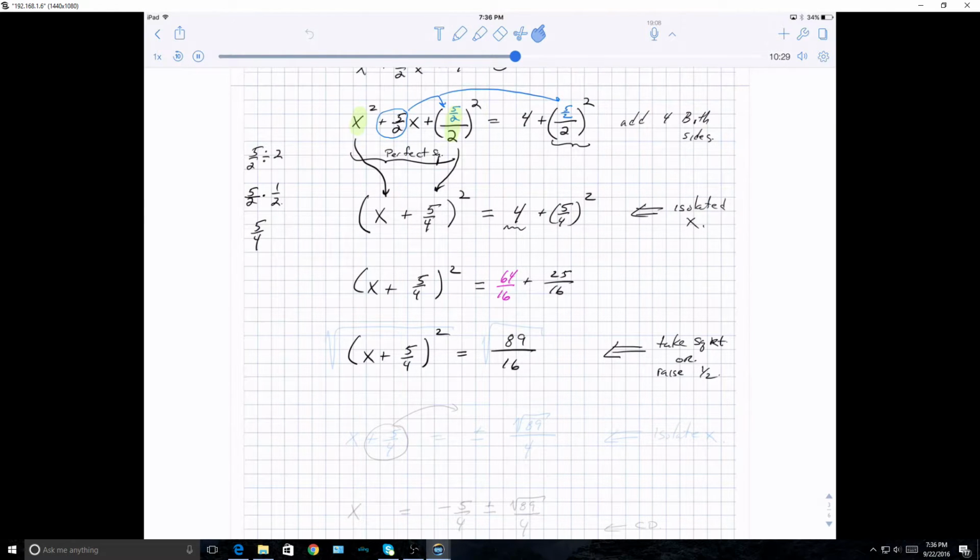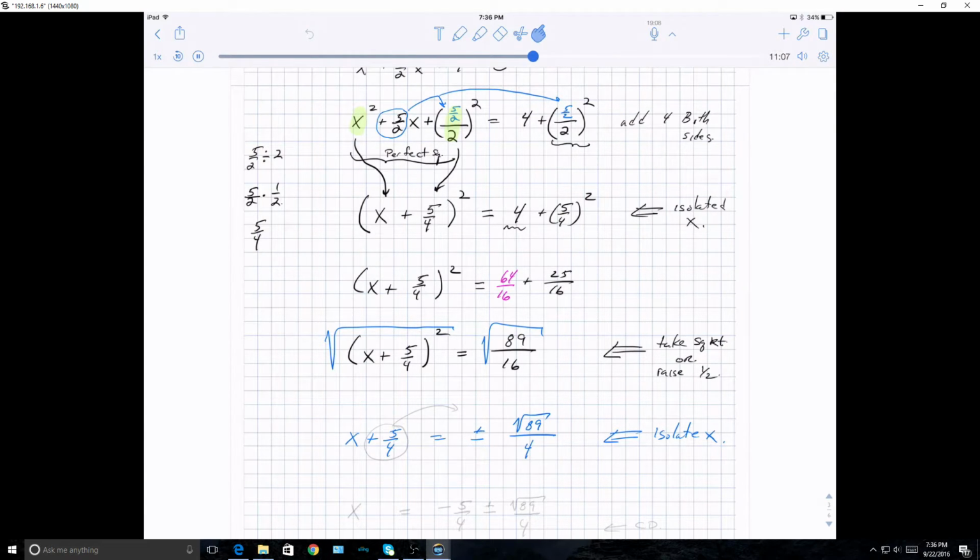What I'm going to do is use that classic way here and get x plus 5/4 is equal to plus or minus the square root of 89, not 80, 89, all divided by, well, what's the square root of 16? 4. Now, if we wanted to solve, we could do some stuff maybe with the 89, but let's not worry about it right now. Let's just continue to isolate